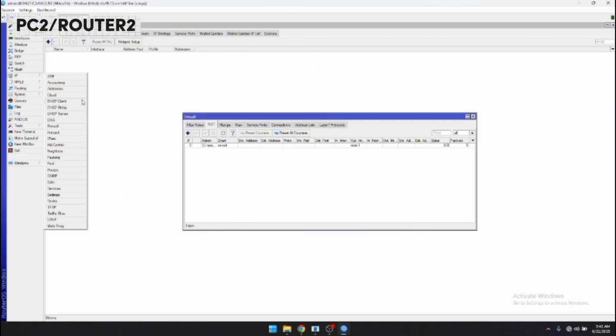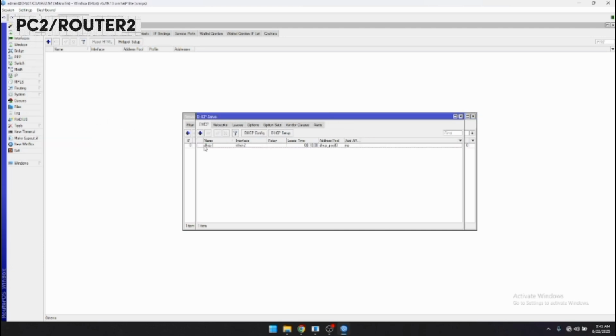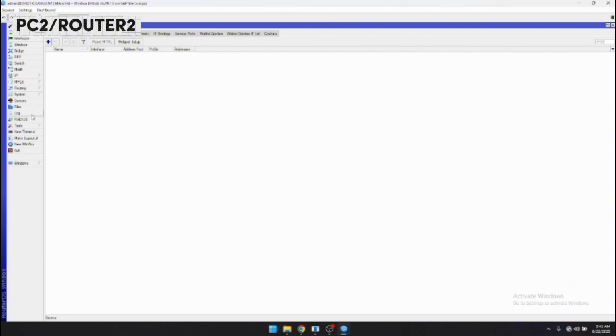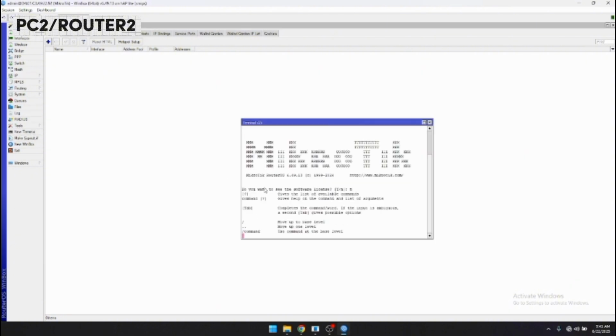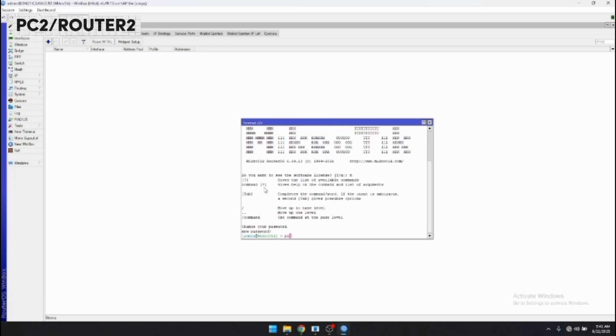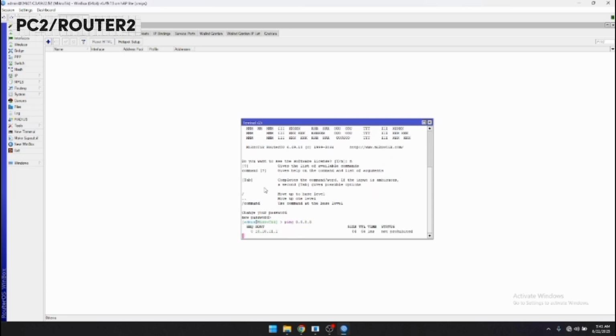After this you go to the firewall, I'm sorry, DHCP. After this you can ping this connection.